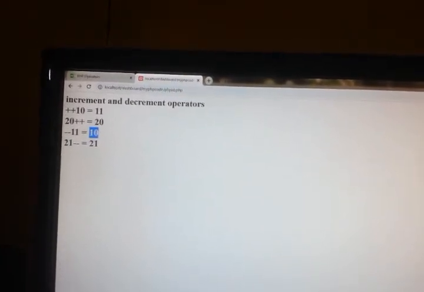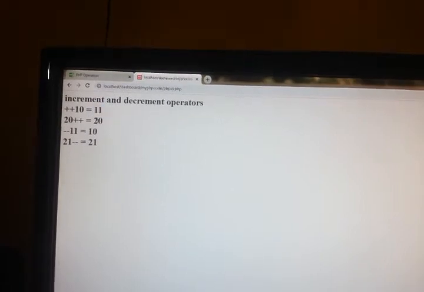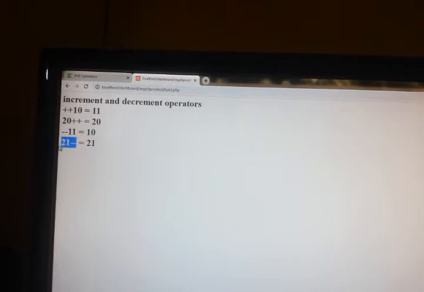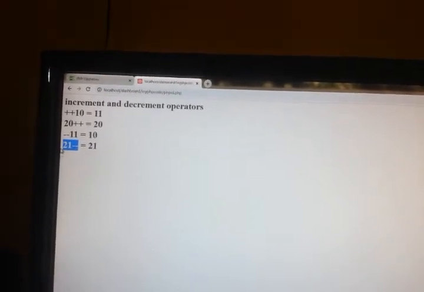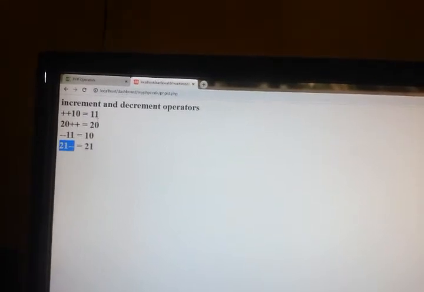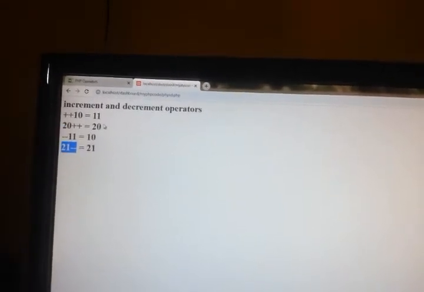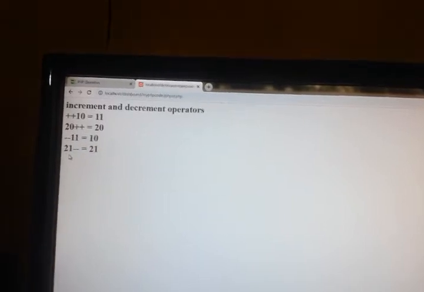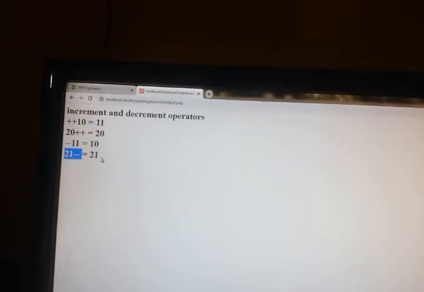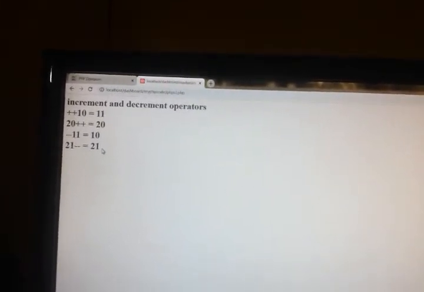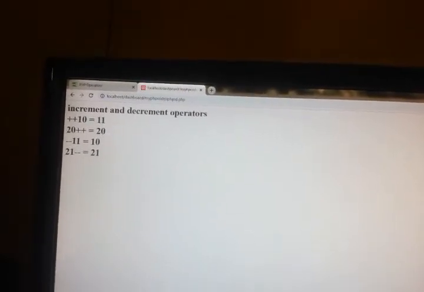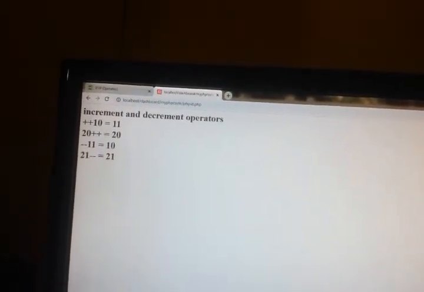And then 20-- we got as 20, and later on when we try to access that variable value with post decrement, there is a change in the value, 20 is now 21. So later on when we are trying to access, it has been changed to 21. So 21--, there is no change. Now we'll add some more code and see how the effect appears.